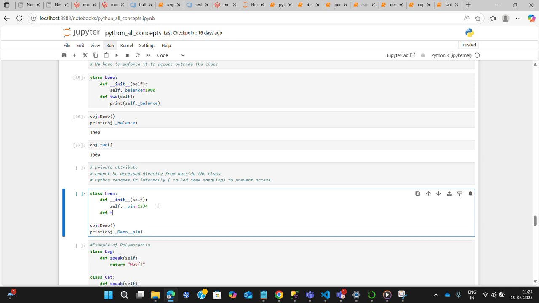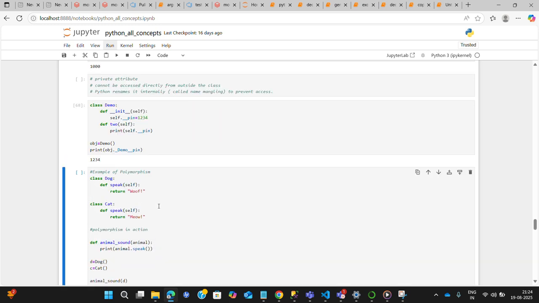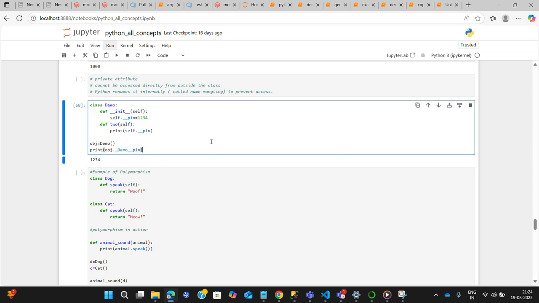For example, I define a method two with self and print it using underscore class name plus double underscore plus the variable.